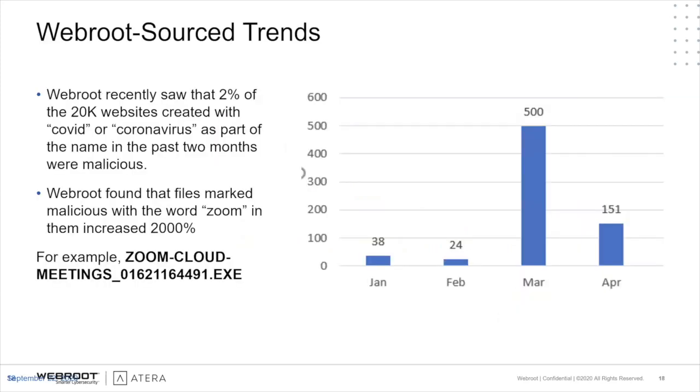So now I want to talk just a little bit more about some of the trends we saw, and this is coming from Webroot's own data, where we look at data coming from our endpoints, real world infections, and things of that nature. But we also saw, on our website of threat intelligence, lots and lots of new websites being registered that have COVID or coronavirus as part of the domain name. And a lot of these are actually malicious. It's not a very high percentage, but over 2% of the 20,000 we detected between March and April